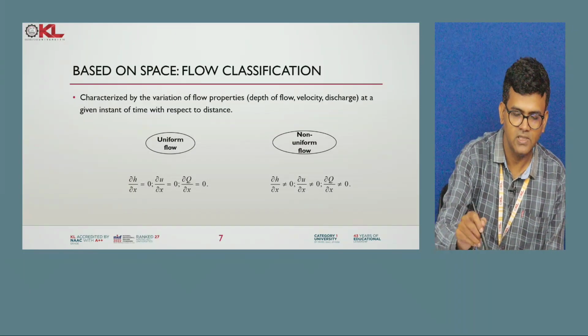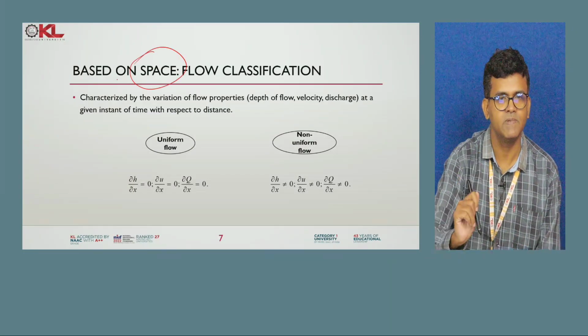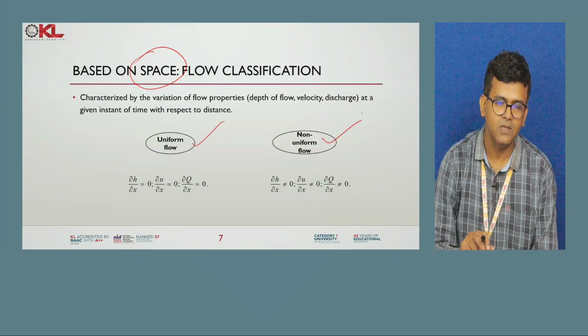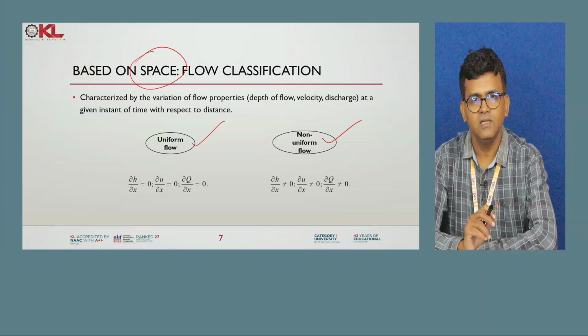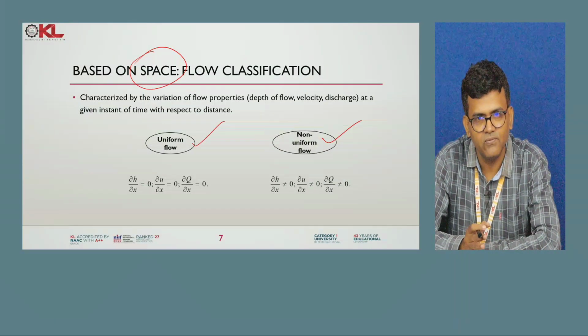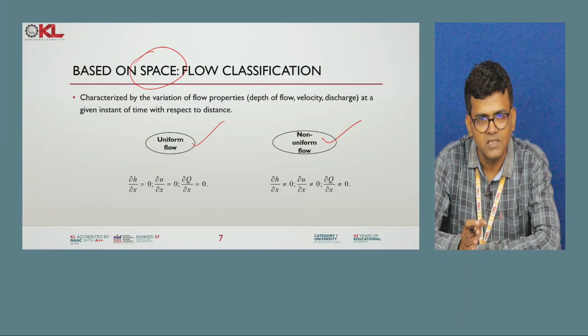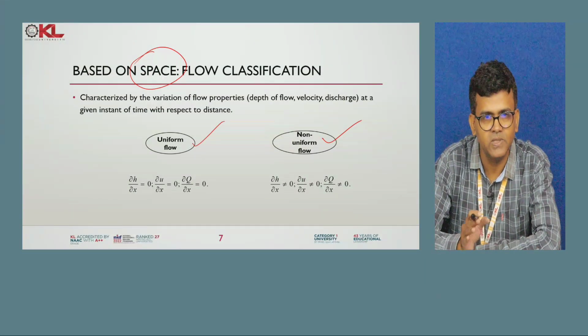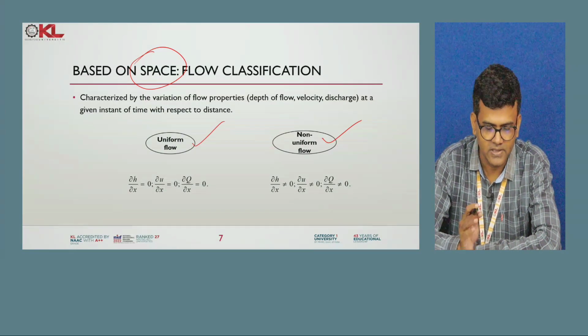Now, based on space, the flow may be uniform or non-uniform. Uniform flow means the flow parameters like the depth of flow, velocity, and discharge should not change with respect to distance for any given time. That means